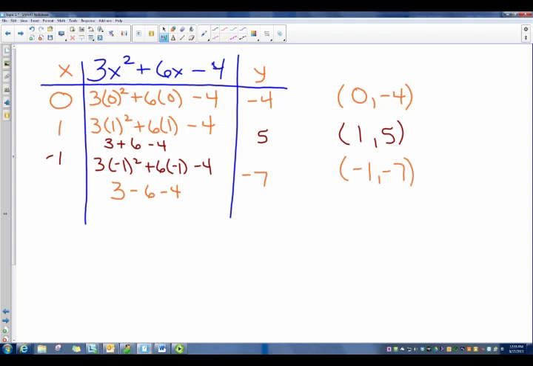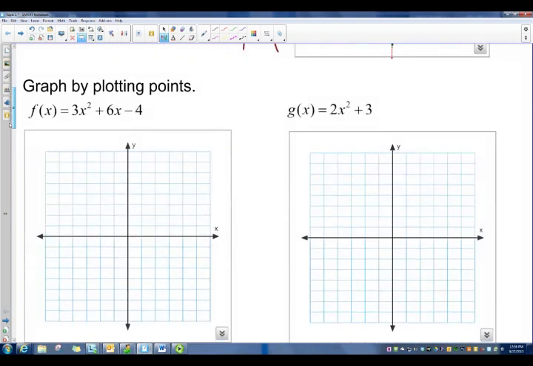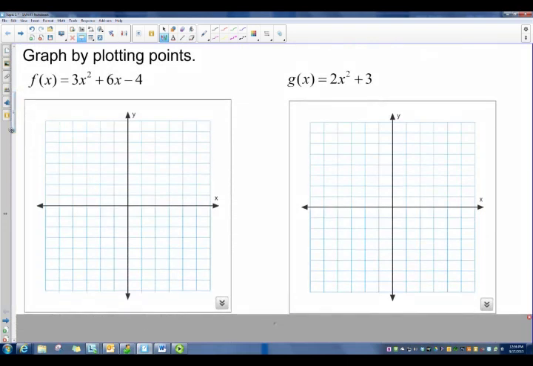All right, so I've got these 3 points here: 0, negative 4; 1, 5; and negative 1, negative 7. Now what I'm going to do is go back to my graph and actually graph those. So go back to this first page, move back down to where my graph's at, and plot those points. So 0, negative 4 on my graph is right here. 1, 5 on my graph is right here, and then negative 1, negative 7 is right, oops, sorry, it's negative 6, negative 7 is